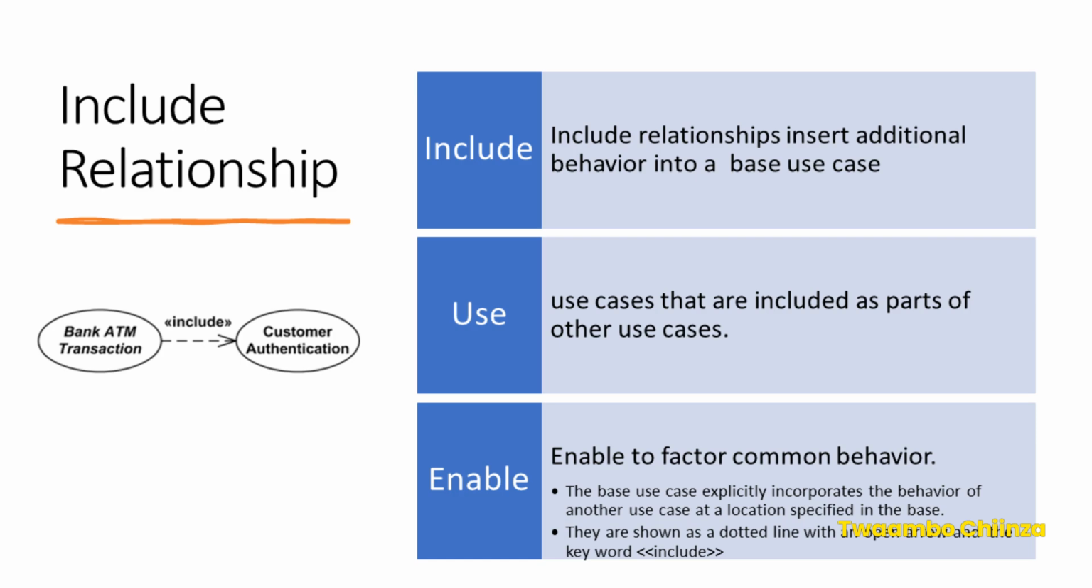It is depicted with a dotted line and an open arrow, with the keyword include indicating the relationship. For example, in an online shopping system, the place order use case might include the verify inventory use case, ensuring that inventory is checked every time an order is placed. This relationship helps break down complex use cases into smaller, reusable components, promoting modular design and reducing redundancy in the